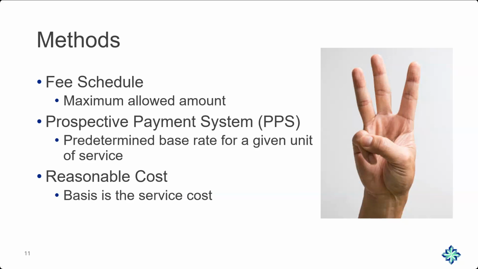There is also a prospective payment system, or a PPS. This method of reimbursement is where Medicare bases it on a predetermined or fixed amount. The payment amount for a particular service is derived based on the classification system of that service. In other words, a diagnosis-related group for inpatient hospital services. Now, that's inpatient acute care hospital. It could also be a skilled nursing facility or a home health agency, a hospice. They all have different prospective payment systems.